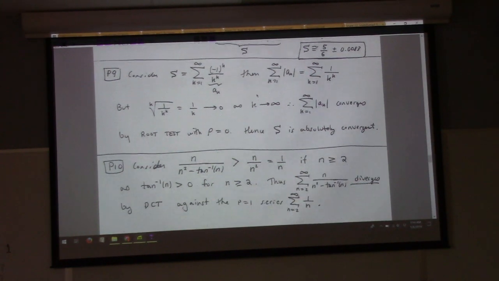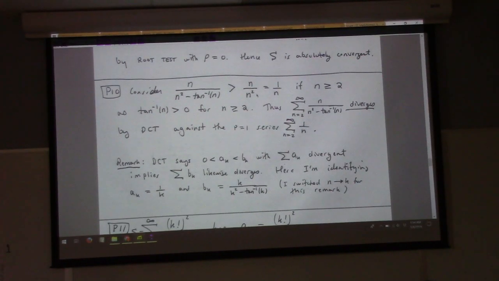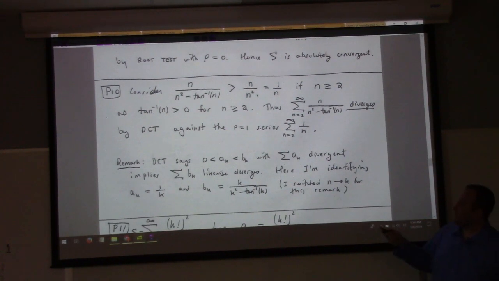All right, moving along, problem 10. This is just a straight direct comparison problem because it's kind of like 1 over n, right? The thing is that this is positive, so if you drop it from the denominator, that makes the denominator what? It makes the denominator bigger, which makes the fraction smaller. And that, of course, gives us 1 over n, which sums to the harmonic series. So the series of this diverges, of course. Consequently, this must also diverge by the direct comparison test. Okay? And I just restated the direct comparison test down here. Obviously, you don't have to do that in your solution.